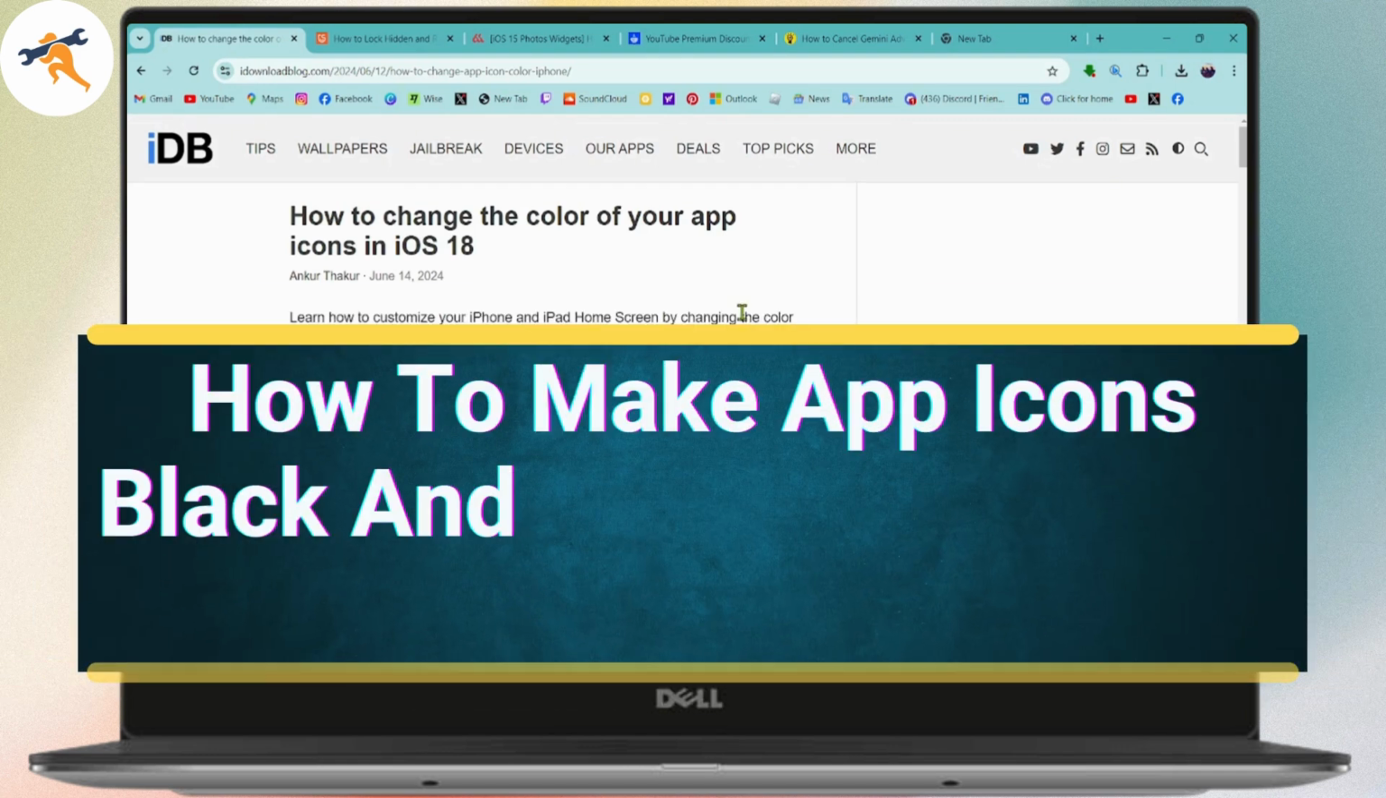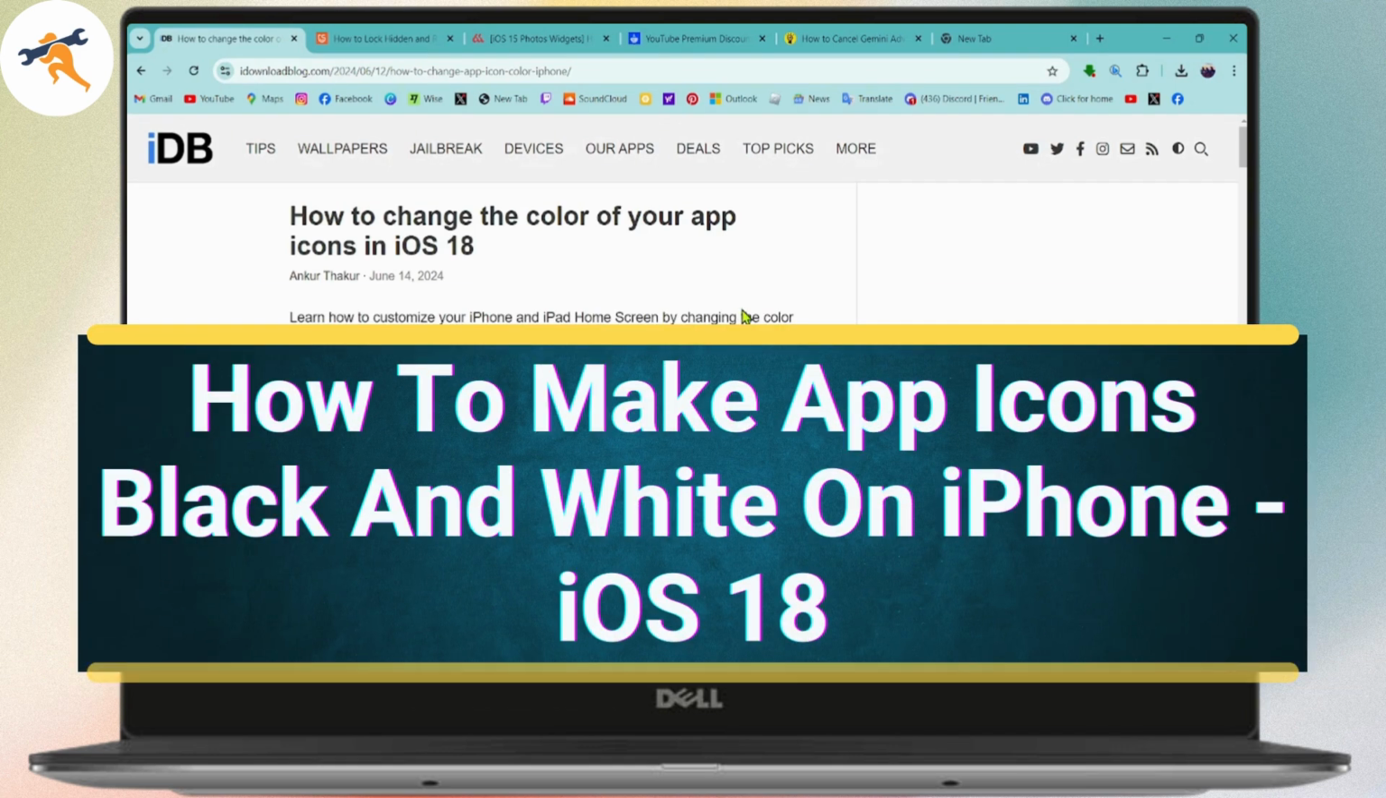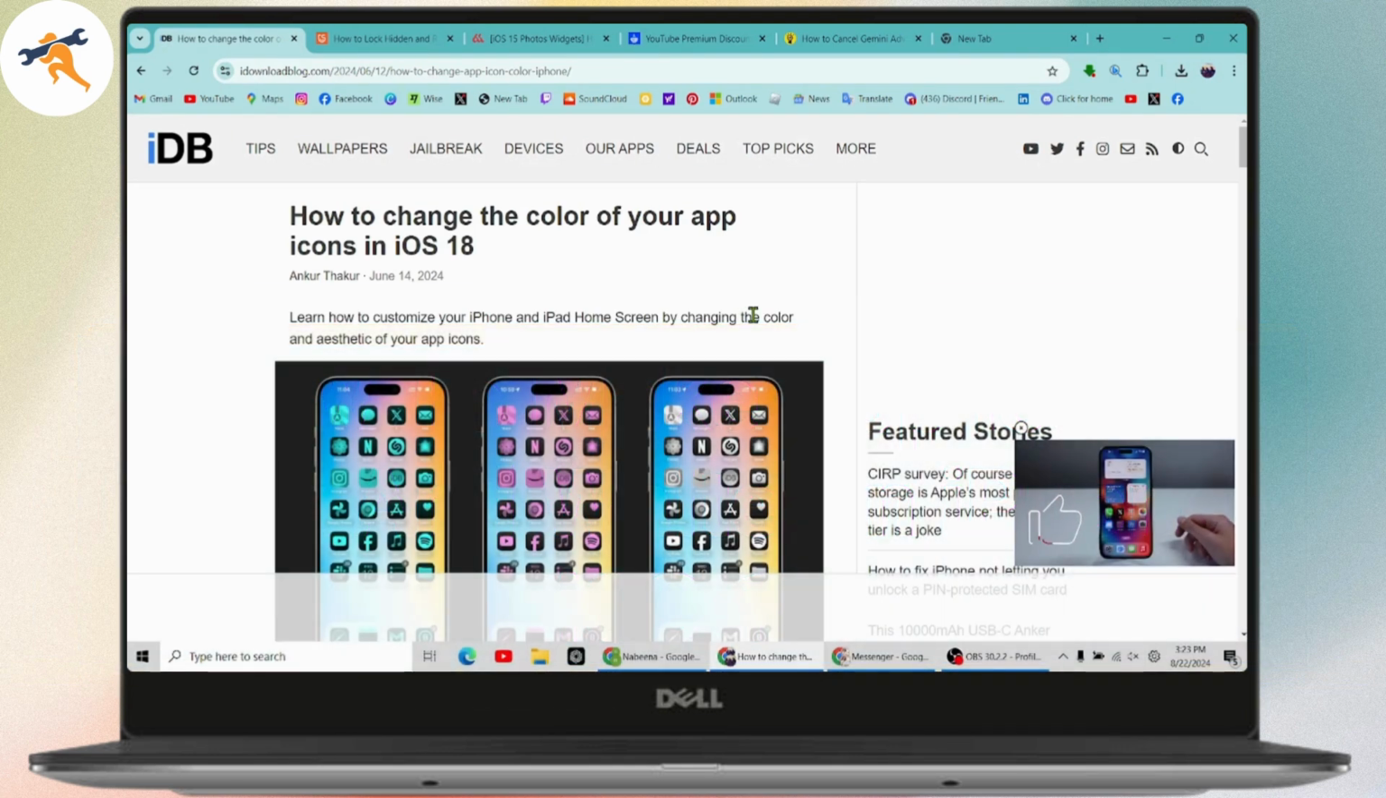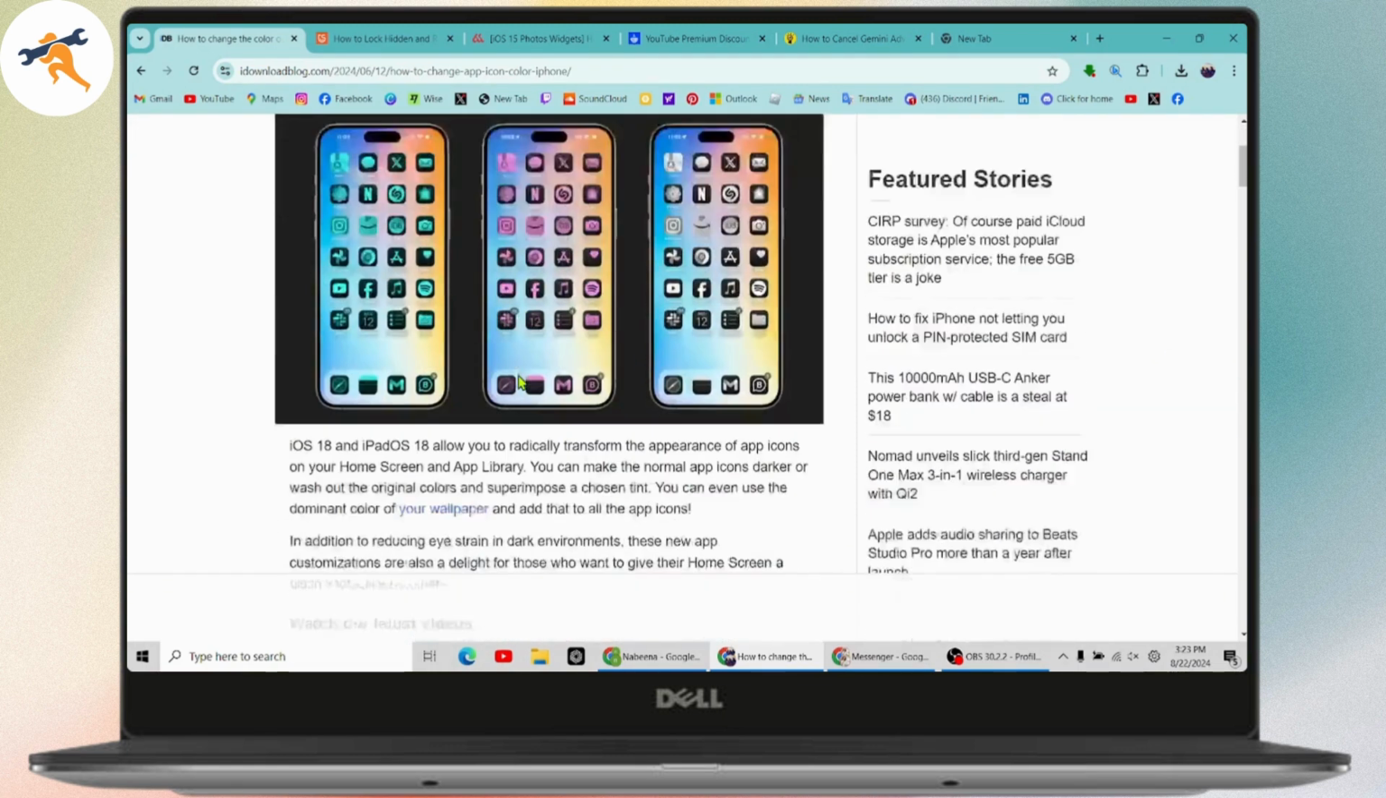How to make app icons black and white on iPhone iOS 18. So if you want to make your app icons black and white or change the color of your app icons in your iOS 18, then what you need to do is simply open up your iOS,